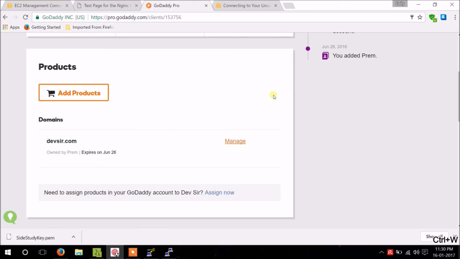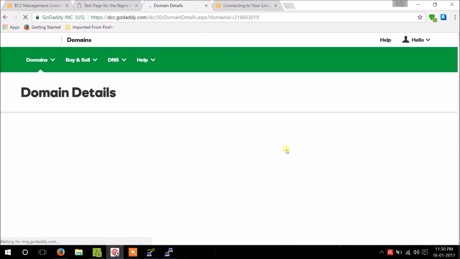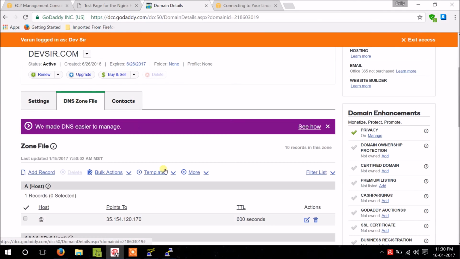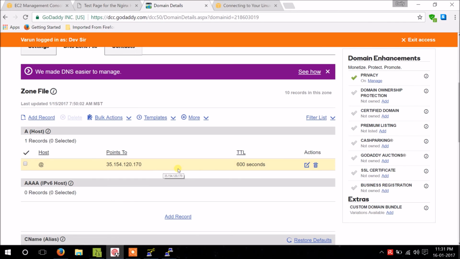So I'll close this. But what if you want to connect your website with it? I have some spare domain. I'll click on manage and I will go to its DNS settings. I am having the domain with the GoDaddy service provider, GoDaddy domain registrar. But if you have a domain registrar with BigRock or something else, you have to find the A records or DNS settings. Just click edit,